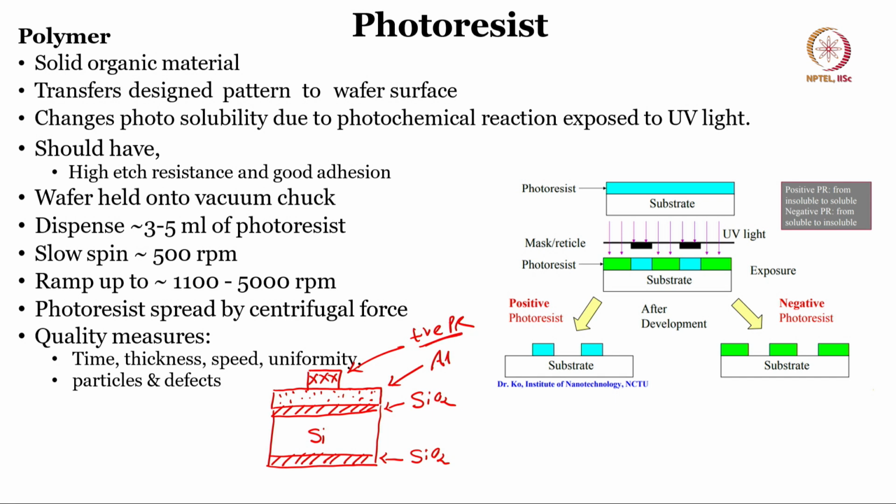That means we have spin coated the photoresist, performed soft bake, aligned with the mask, exposed it, developed it, performed hard bake, and then inspected it, and the photoresist is properly patterned. Now, if I dip this wafer in aluminum etchant, what should happen? That aluminum should get etched,